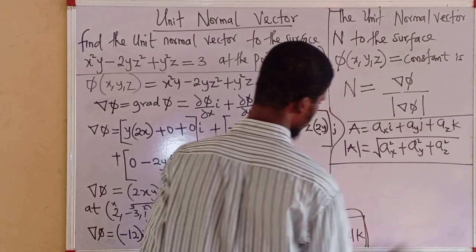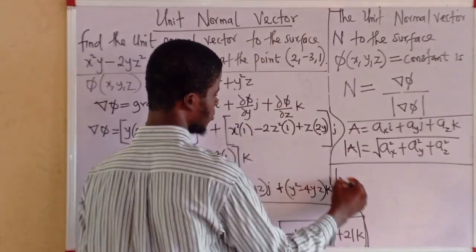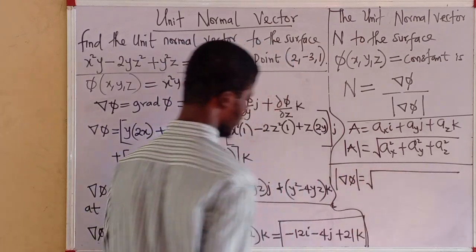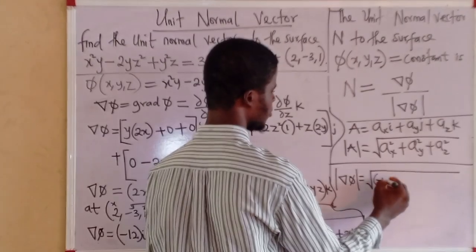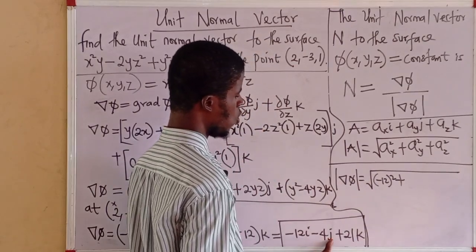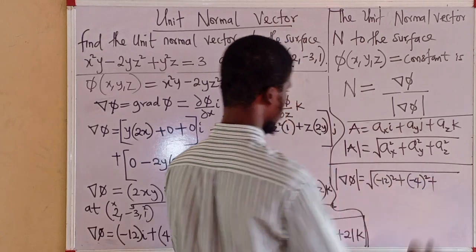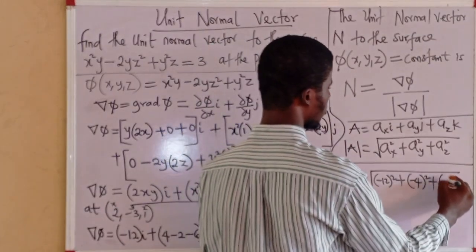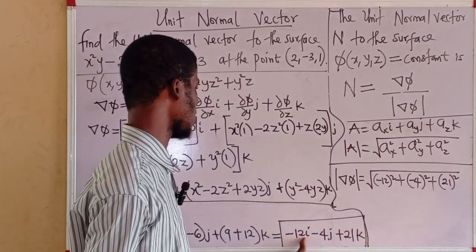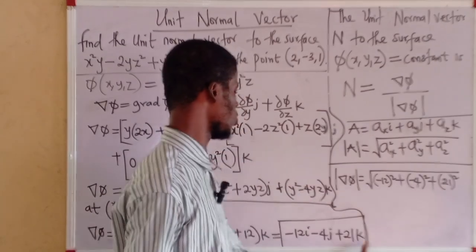So the modulus of this grad of phi is the square root of minus 12 squared plus minus 4, which is the coefficient of j, minus 4 squared, then plus 21 squared. Minus 12 is the coefficient of i, minus 4 is the coefficient of j, and 21 is the coefficient of